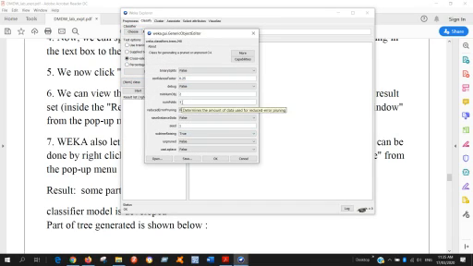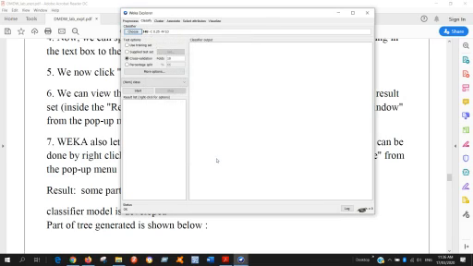After that, don't change anything here. Number of folds 3, number of seeds 1. If you want you can change, no problem. I can give number of folds 10, number of seeds 2. After changing all these parameters, click OK.